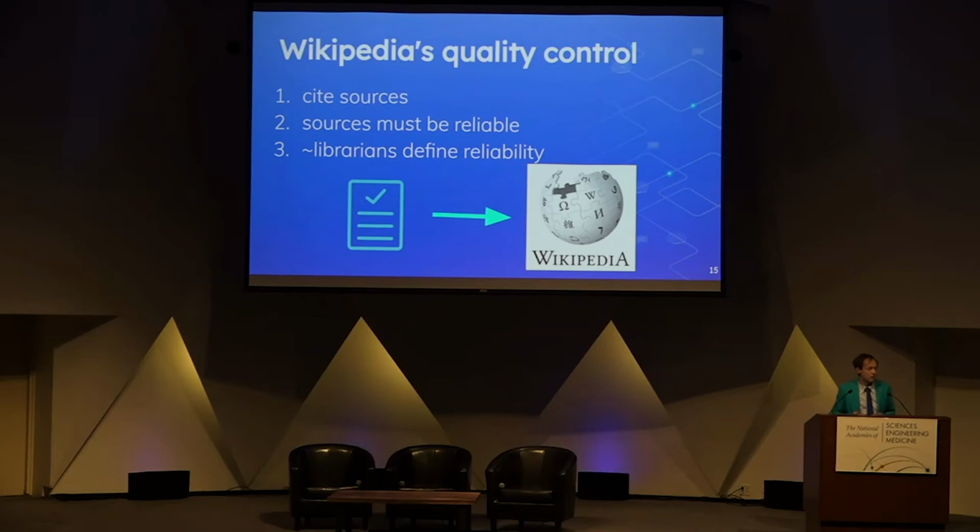What's a reliable source? Well, generally we depend on librarians to define those. We have all kinds of systems in place to make sure that librarians are helping us make our policies. Publications of a fine organization like the National Academy of Sciences, these apply. You can summarize and cite these kinds of sources in Wikipedia, and we're happy to be here with experts who will help us improve the quality of